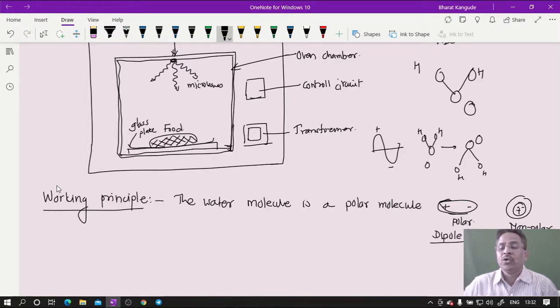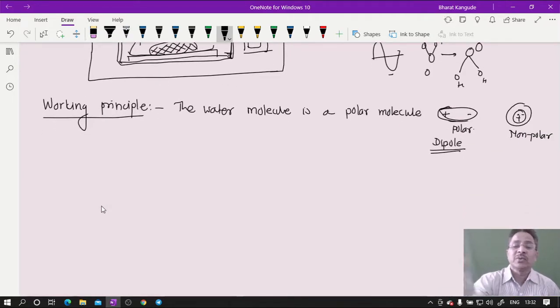Dipole. And we know the behavior of a dipole in an electric field as well as a magnetic field. In an electric field, this dipole tries to align with the direction of the electric field. And here we are providing microwaves. This microwave changes its polarity millions of times in a fraction of a second. So that many times a polar water molecule gets aligned and de-aligned. It changes its position as often as the frequency of that microwave, and in that process heat is generated. So conversion of microwave energy into heat energy is possible with the help of these water molecules. This is the basic principle.